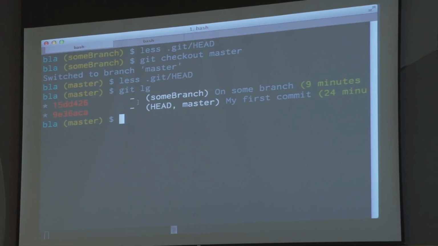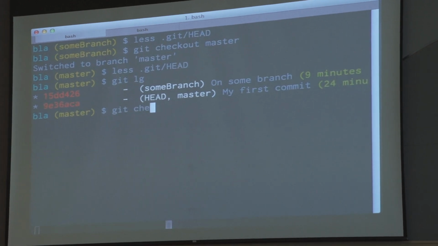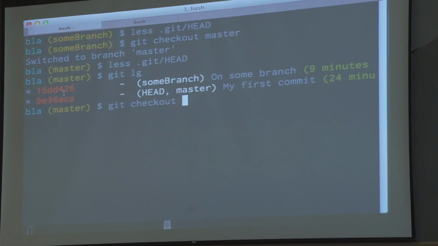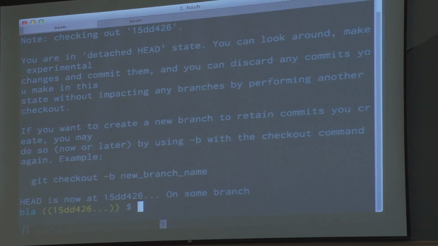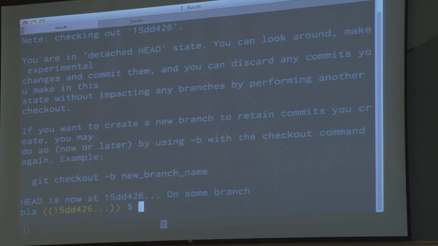OK. I'm going to say git checkout this SHA. Oh, no. You are in detached head state. You can look around and experiment, yada, yada, yada. All it's trying to tell you is you are now what is known as an anonymous branch.